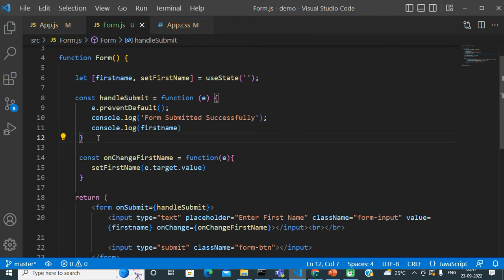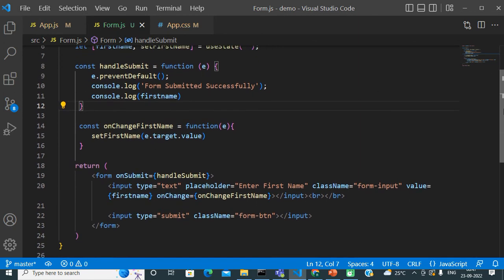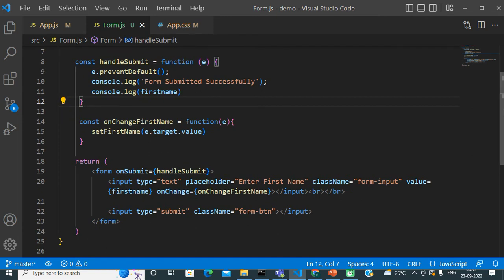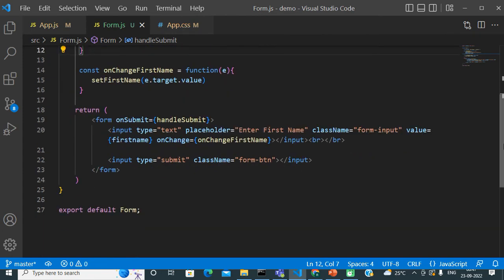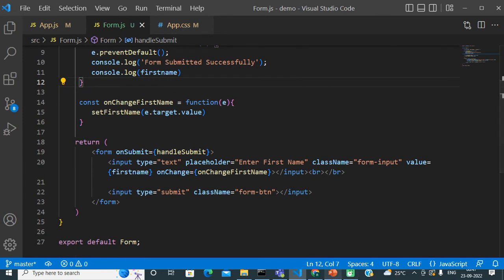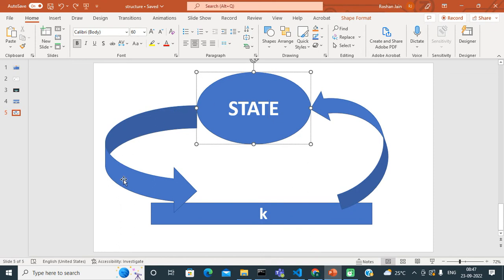There is no requirement of document.getElementById or something like that. In a simple way, with the help of component state, HTML form fields and JavaScript events, in a very easy way we can handle forms in React.js. Okay, so we have just followed this circle kind of technique.